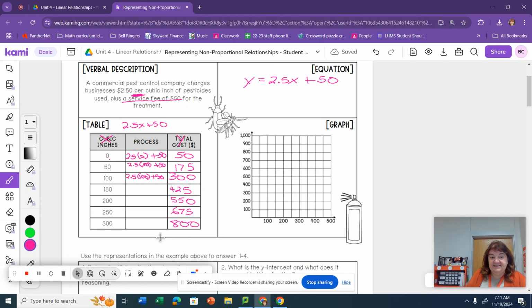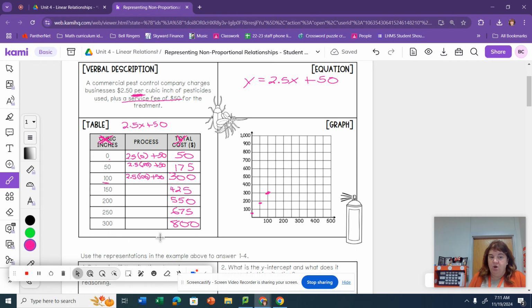graphing this. Again, this is your x. This is your y. Remember when we graph, this is a point basically. This is 0, 50. 50, 175. 100, 300. Okay, so when we're at 0, we're at 50. When we're at 100, we're going to go up to, oh wait, let me do 50 first. When we're at 50, we go to 175, which would be about right there. When we're at 100, we'd go to